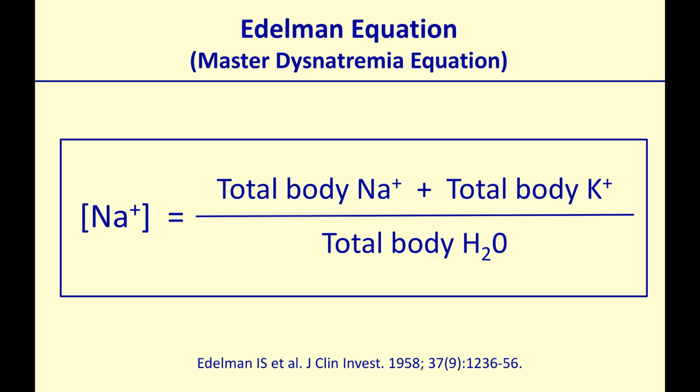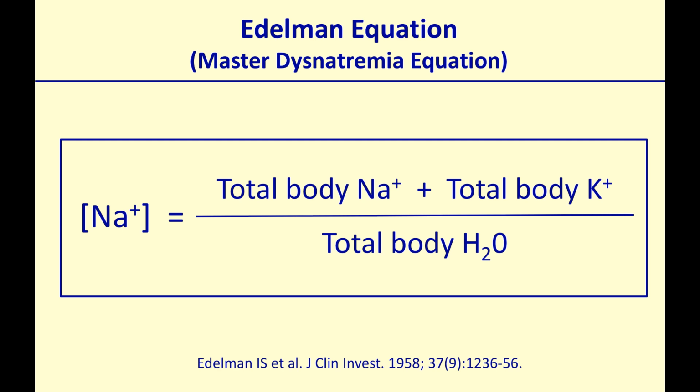Alright, the normal proportion between sodium and water that we talked about briefly in lecture number 1 and also in this lecture, where is that coming from? Well, it comes from the Edelman equation. Isidor Edelman was a renal physiologist who did some important research in the 1950s, and he basically had these patients with different conditions: heart failure, cirrhosis, adrenal insufficiency, nephrotic syndrome, kidney disease, and he measured physiological parameters in these patients, including plasma sodium concentration, total body sodium, total body potassium, total body water, and he found that there was